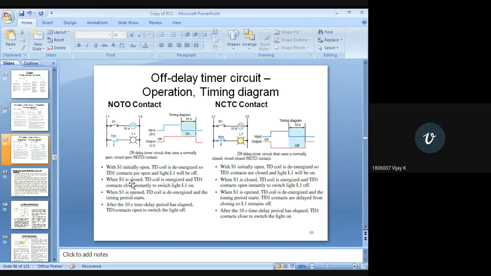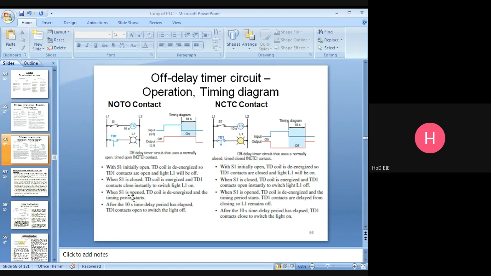When S1 is closed, DD is energized. DD1 contacts close instantly at that moment itself to switch the light L1 on. For on, there is no delay.